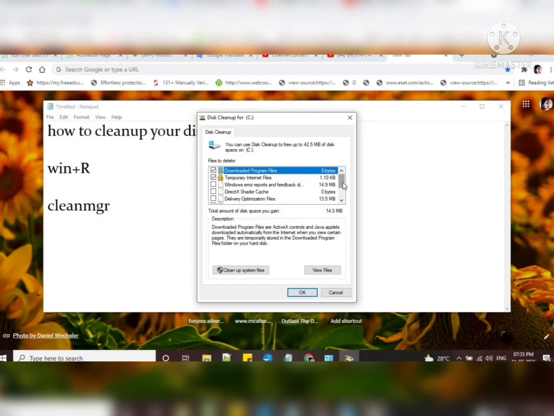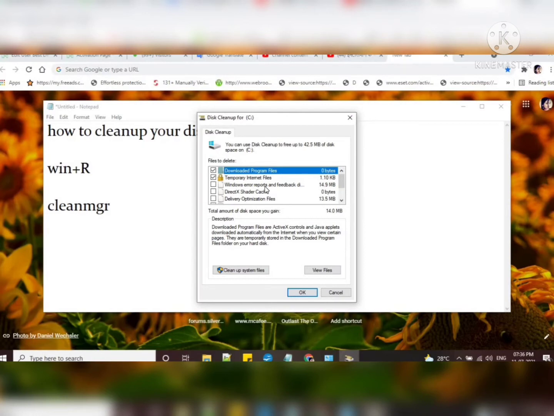These files include temporary internet files, downloaded program files, Windows error reports, these kinds of things. Whenever you use the internet, some cache files usually get stored in the computer.